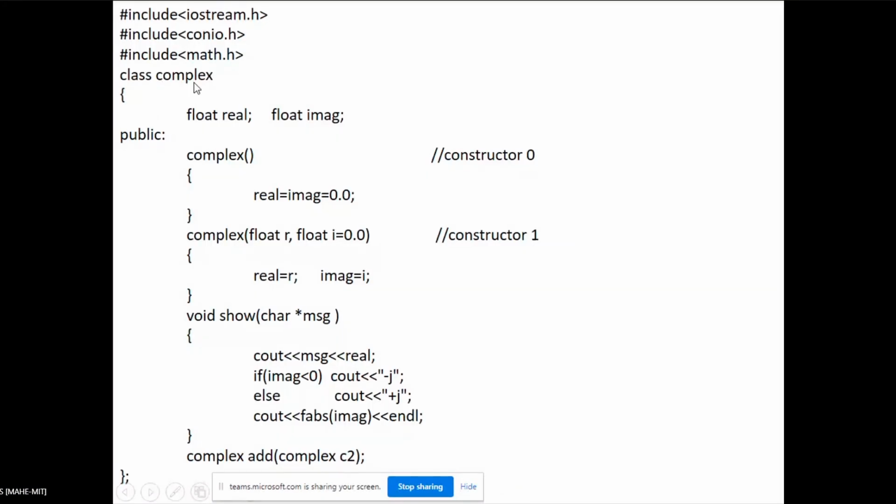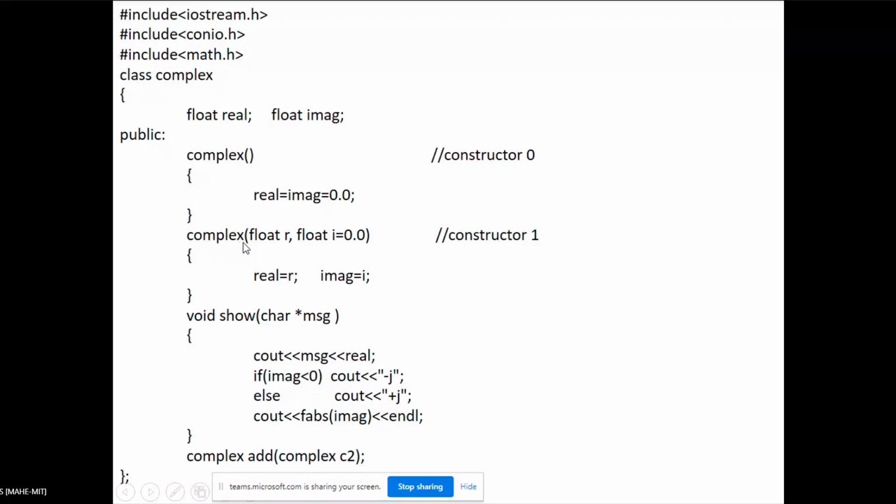So you have two values, two data types, basically real and imaginary, and both are float kind of. And what is this? There is no parameter. Observe this. There is no parameter list. So I'm initializing real and imaginary to the 0 value. So I'm trying to reset or clear the content and making it 0 and 0. And there is a constructor here. Okay, why do we call this a constructor? It is the same as a class. Okay, so I have a class. I have written a constructor here,